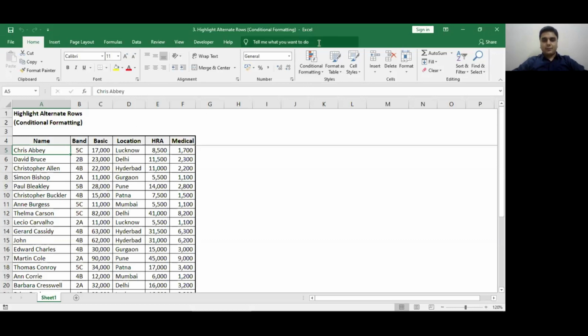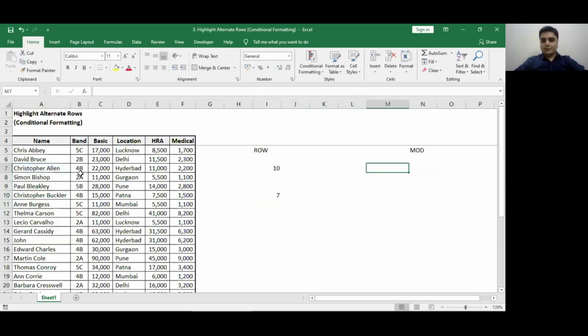So before using the conditional formatting function, let us first understand the row formula and the mod formula. Now if I write row, it is asking me to input a reference. Let's say I randomly select this particular cell, which is G10. I close the bracket and press enter. The outcome is 10, which means the cell which I selected is from the 10th row. Similarly, if I write row, select any random cell, let's say A7 and close the bracket, the outcome is 7 because this particular cell lies in row number 7.